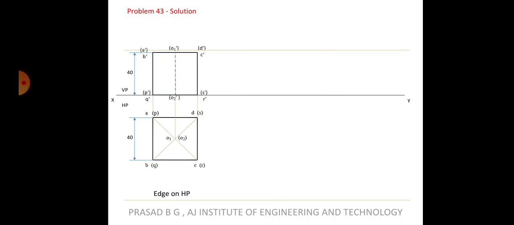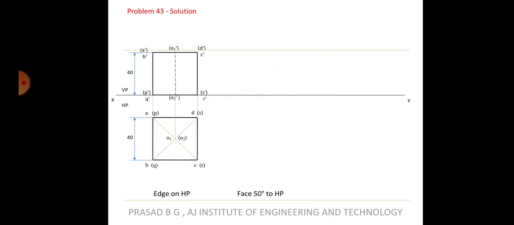Okay, so now what is the condition here? The condition is the lateral face on which it is resting, that is R dash bracket S dash. It is resting on this edge, R dash and S, this edge, right? So the face containing that edge, this face, this line should be inclined at 50 degrees to HP. That is the condition. So it is very simple. Take this line and make it inclined at an angle of 50 degrees.